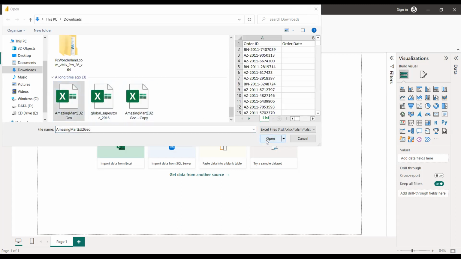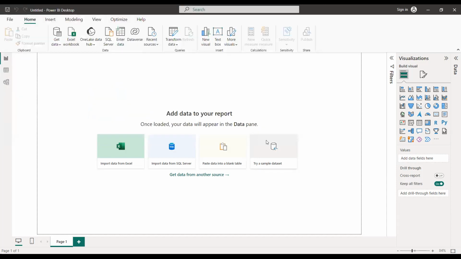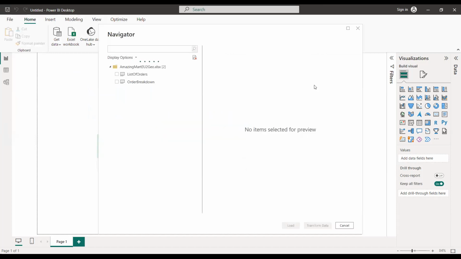Okay. All right, so you go to where you have the data and then you import. You select it and you import. All right, so for the data, it has not been imported fully.